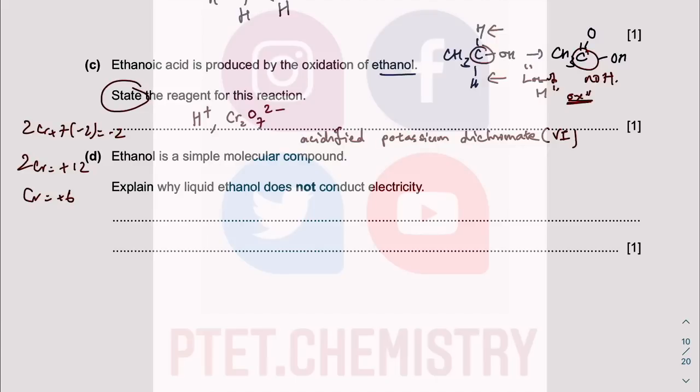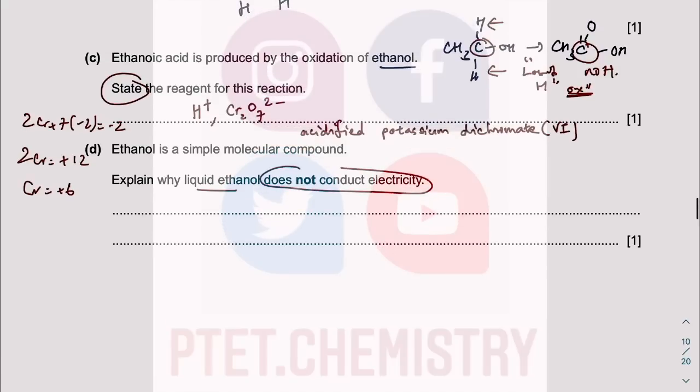Okay, ethanol is a simple molecular compound, but why liquid ethanol does not conduct electricity? Simply because this simple molecular compound, all the carbons are used up in bonding. There is no free electrons. We don't talk about ions because this is a simple molecular compound, so you shouldn't be using the wrong terms. Yeah, no free electrons in CH3